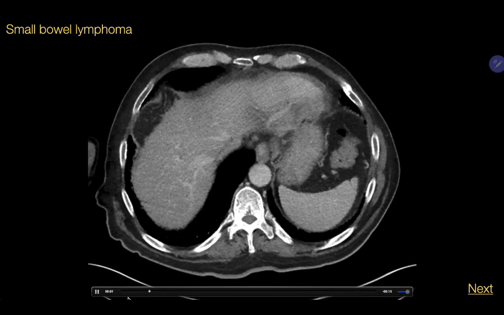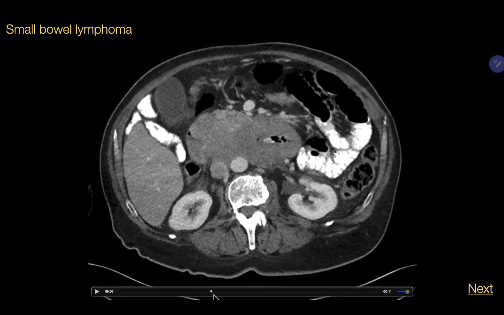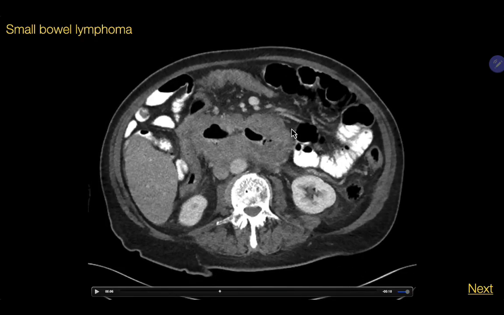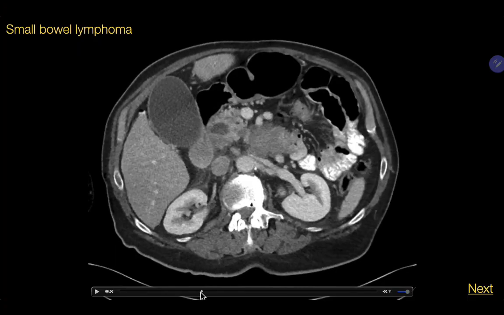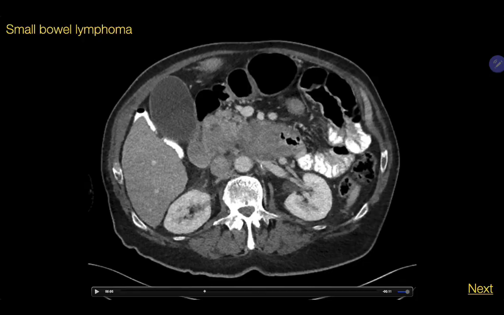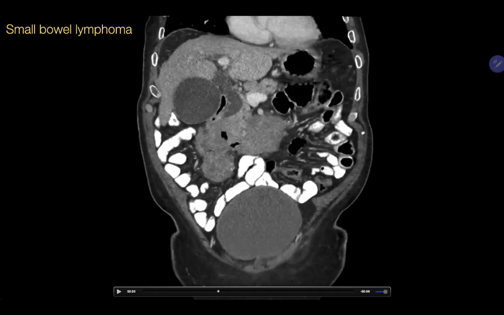Here is a rather dramatic case of small bowel lymphoma involving the duodenum, where there's this bulky, somewhat ill-defined soft tissue mass with cavitation of the duodenal lumen, but also causing obstruction of the common bile duct towards the ampulla, which we'll get a little bit of a better sense of what's going on here on these coronal images,